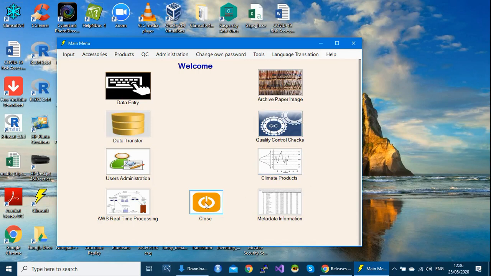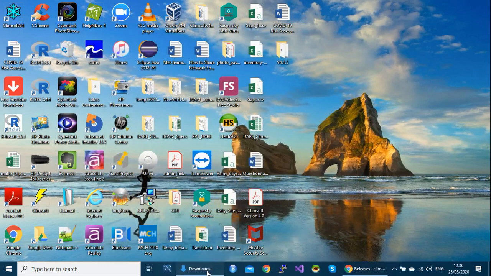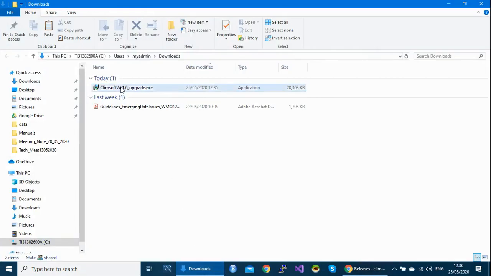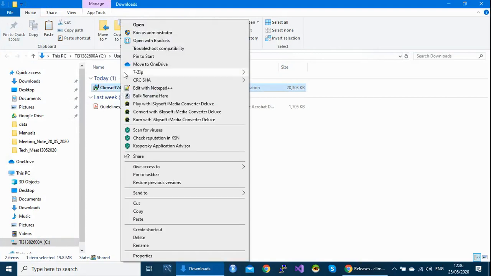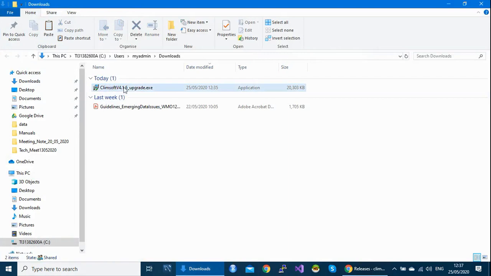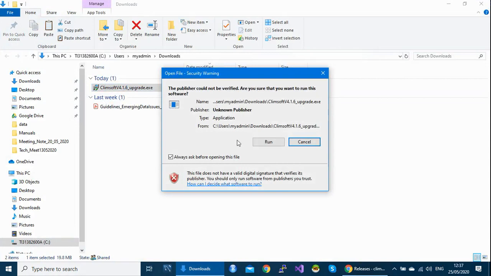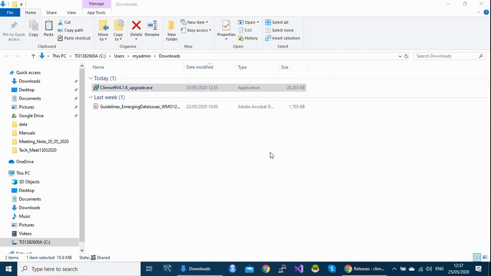So you make sure you close Climsoft completely, and then you go to the download folder, and then you double click. You can decide to run it as an administrator. It's not a problem, but here what you need to do is just double click on this one to run this software. And here, are you sure? Here you accept that you want to run this upgrade. So once you click on run,